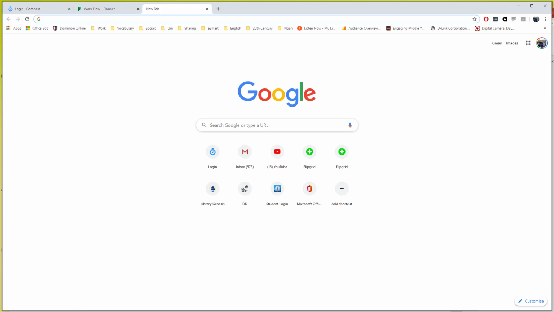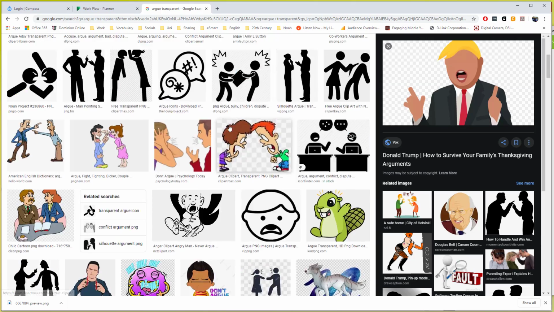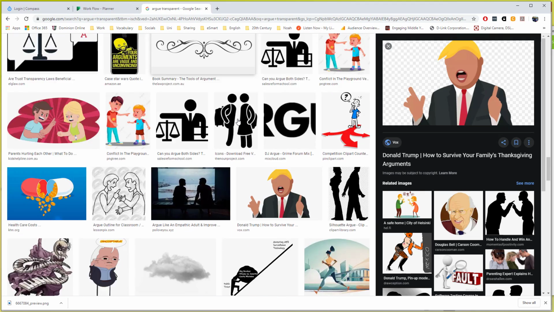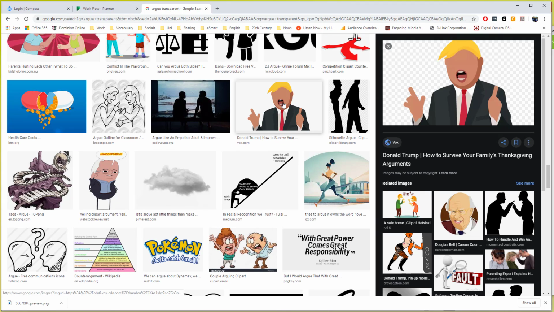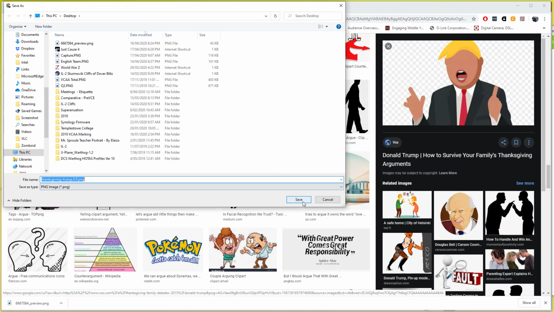So let's say we're doing persuasive techniques. So I cut straight into images. So I'm going to write a keyword like argue, and then I'm going to follow it with transparent. And then I'm going to flick down. I'm going to look for an image. Since I've got a black background, I want something that's going to be relatively light. And then over here, I'm just going to right click, save image as, and I'll just save it to my